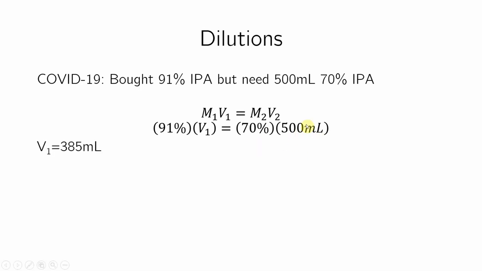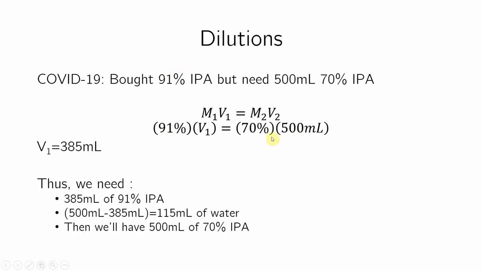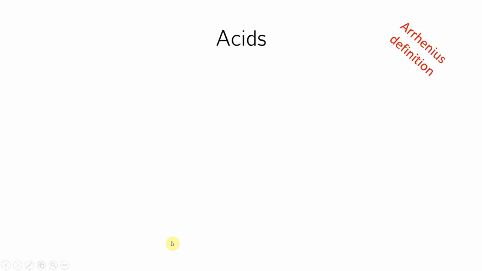If you solve for V1, you get 385 milliliters, meaning what? I need to take 385 milliliters of 91% and add enough water to get to 500 milliliters, and I'll get 70%. So this is the calculation here. 385 mils of the concentrated solution and 150 milliliters of water will give me 500 milliliters of 70% IPA. Okay, so next time we'll talk about acids and